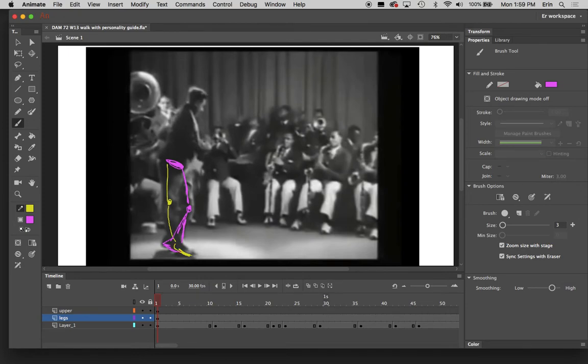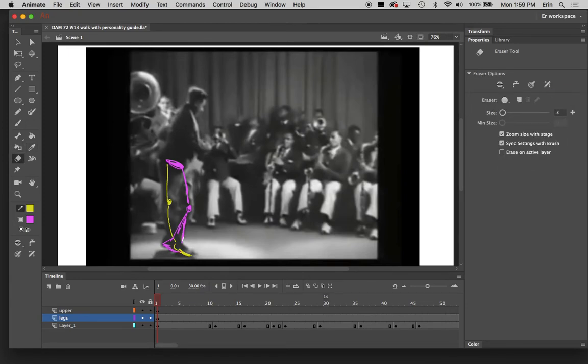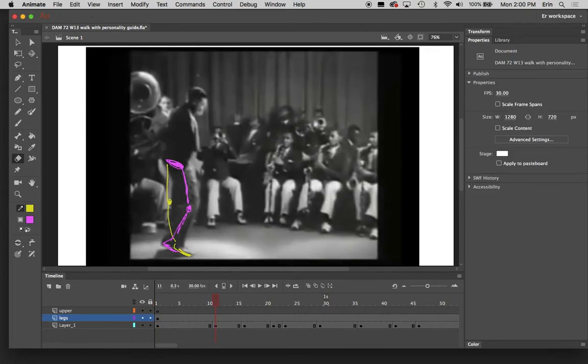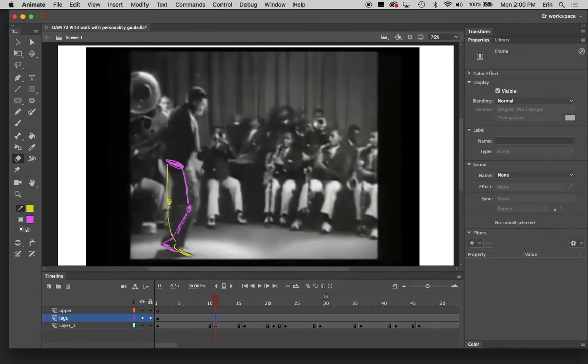So we can take our eraser, whoops, eraser, and erase that. Okay, so that's there. Now I can add another keyframe and we'll just go through and do legs. F6 and